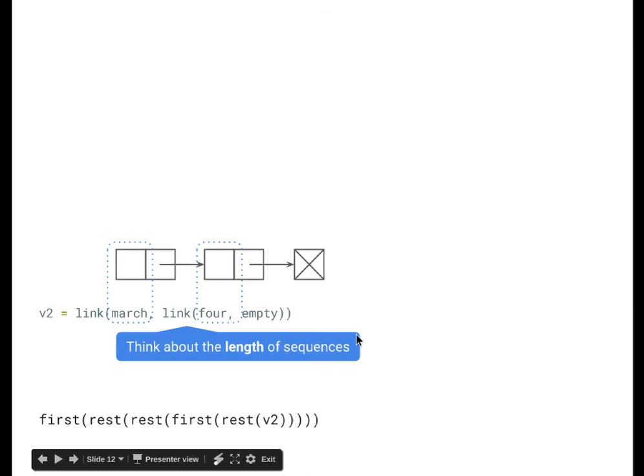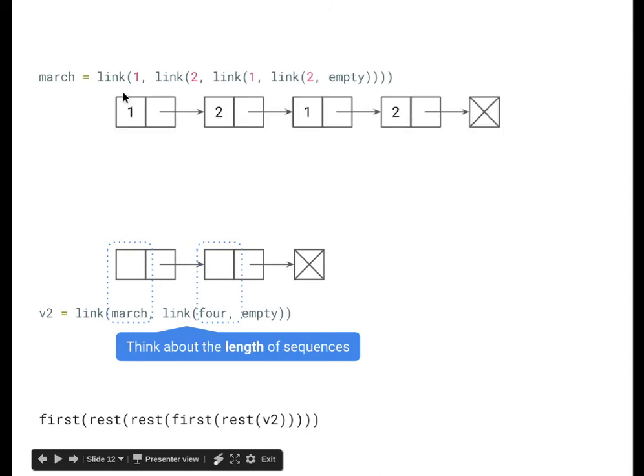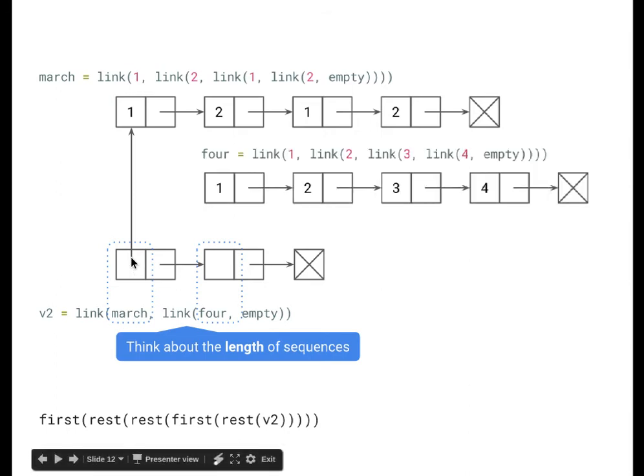And I can do the same for 4. I can create a new list for 4. I can assign the first of this to be that list. All right. And so the way we evaluate this expression is we start from the beginning. Operator is that, which is a function. And this is a call expression, so an operator again. Call expression, so operator again. It's like we sweep inside using the operator evaluation rule, and then operand, and then apply. We sweep inside all the way to the innermost expression.